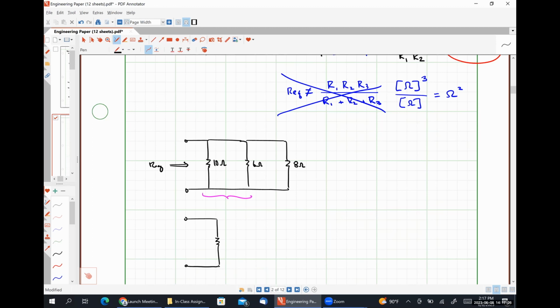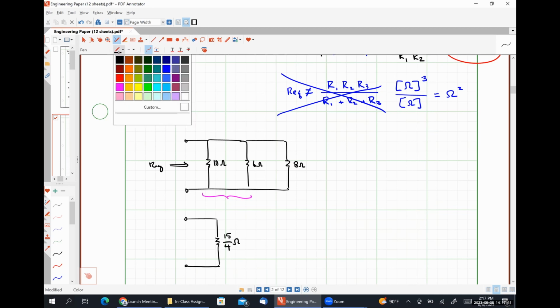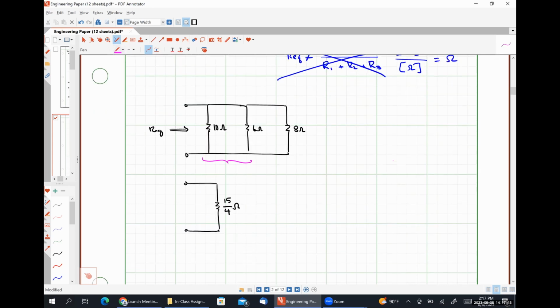So 60 over 16 is the same thing as 30 over 8, which is 15 over 4. So this is the equivalent resistance of just those two that I've put the pink brace under. And now I have my 8 ohm resistor here. So my equivalent resistance